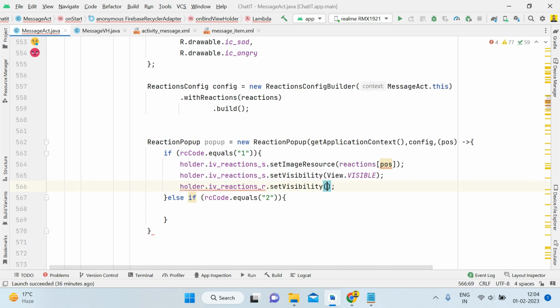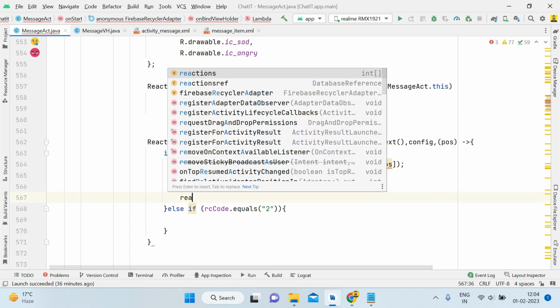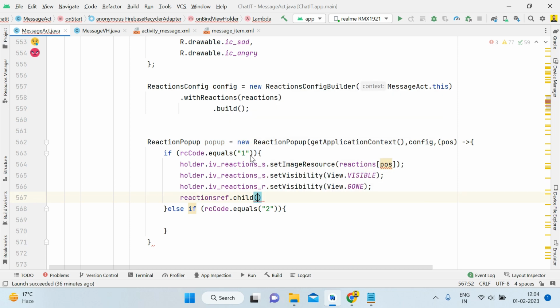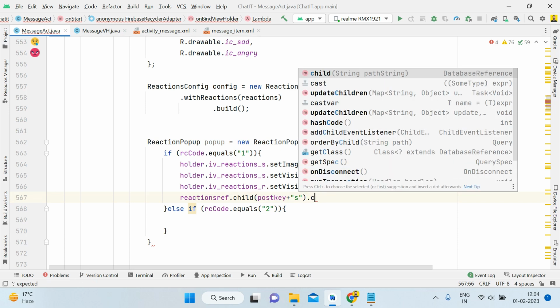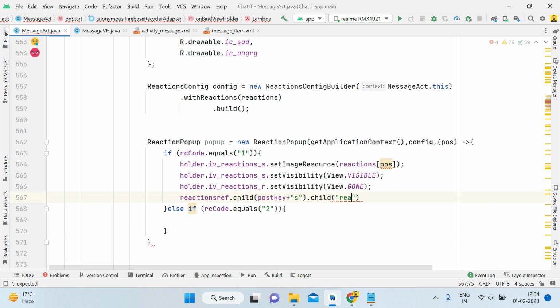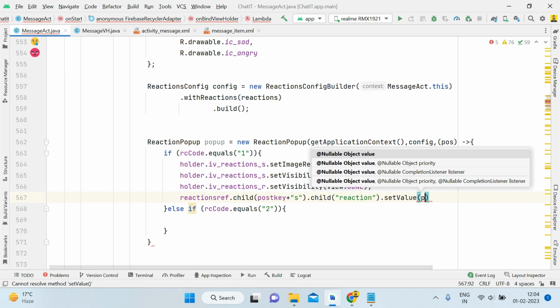Make it gone, and then the last thing that we need to write is reactions reference dot child. Here you have to pass post key as child, then plus s for senders, and then again you have to write child, which is going to be reaction. Make sure this reaction is the same, then set value, which is going to be true, or you can say POS